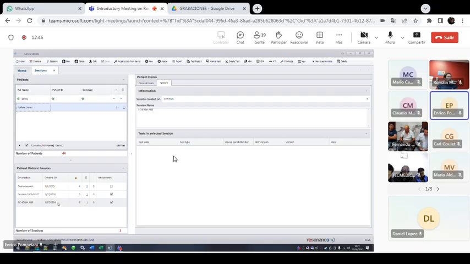So if you have the session, you can reuse the same session created automatically when retrieving data from the device,